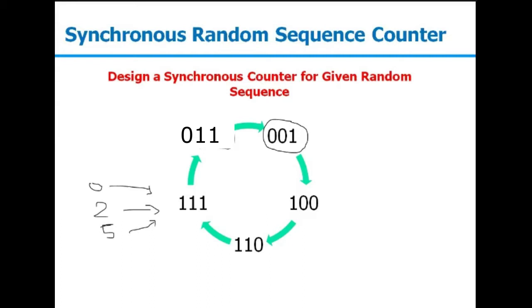We can predefine the state, but first we will solve the circuit by considering these unused states as don't care. So right now I am considering them as don't care conditions, and these are my valid conditions. So let's design the state table for that. This is the state diagram. Now I am designing the state table.